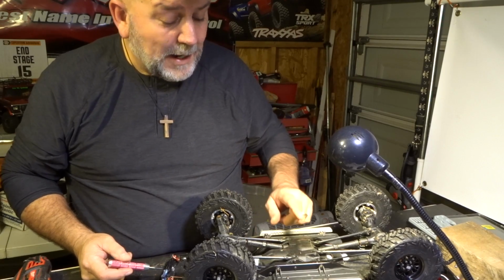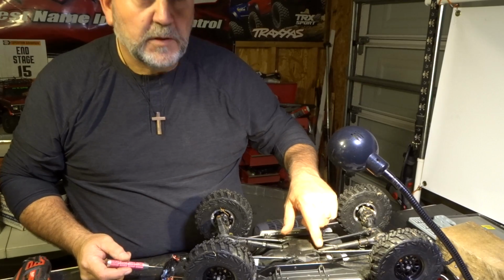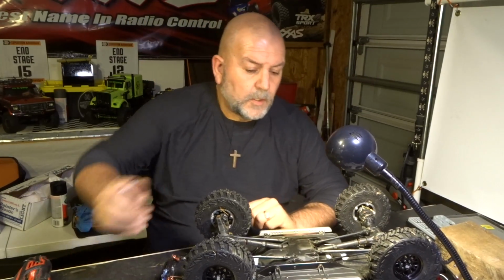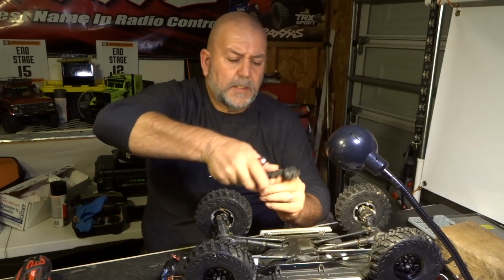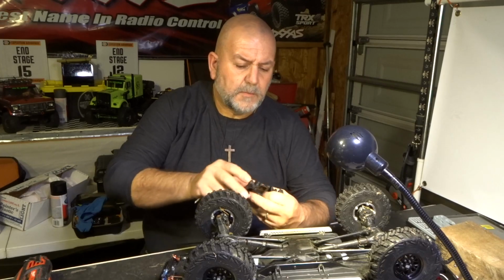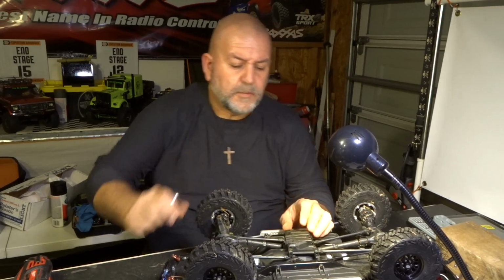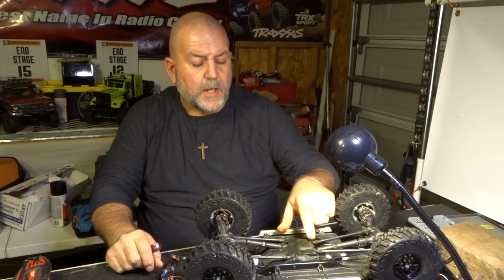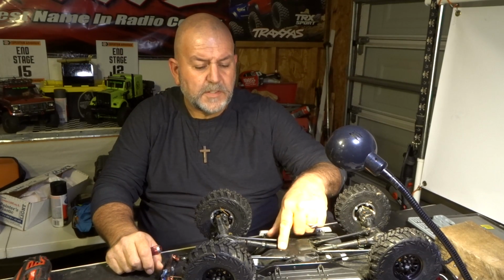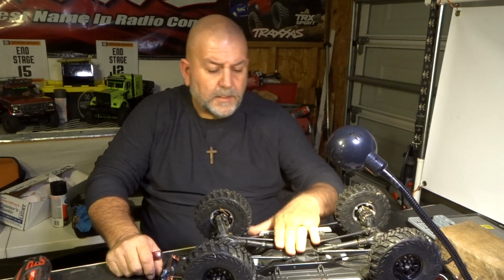Now when you go to put it back on, you're going to have to redo this drive shaft from the top side, just because before, when I was doing it, I could see the top of the drive shaft this way here, so I had to redo it from the inside. There is one more screw right here in the middle of the skid plate that you'll have to take off and put back on. But anyway,